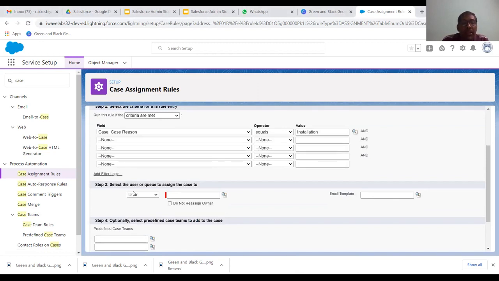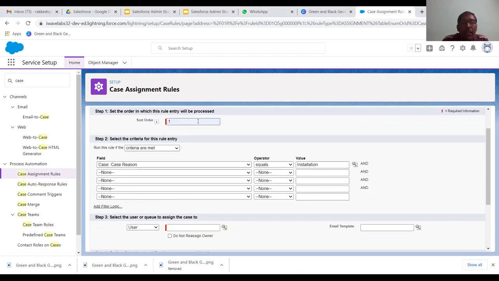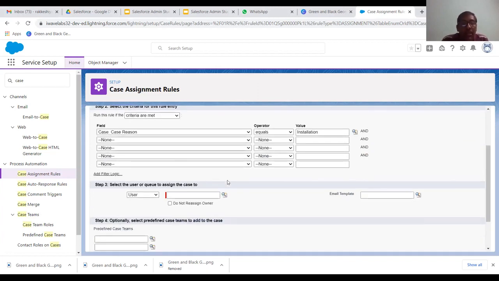Right, that is the case. The first step is that I have to select the order of the rule. It goes with the chronological order, and then you have to specify the criteria. Second step, and then third step, you have to select the user or queue to assign the case to.